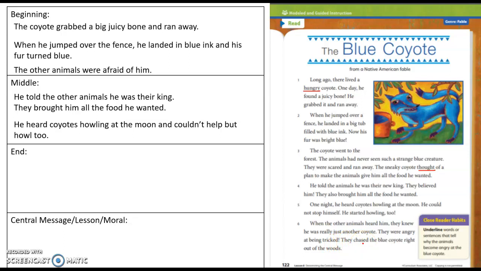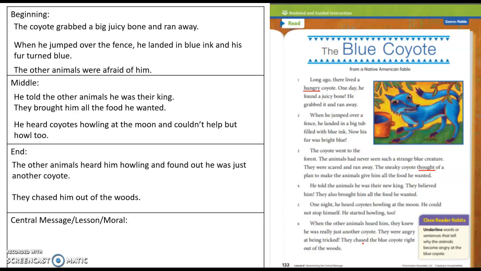So, what happens at the end of this story? Yeah, the other animals hear him howling. They find out he's just another coyote, so they're not very happy he tricked them. They chase him out of the woods. So I'm sure that this coyote is not very happy that he decided to pull this prank and lie to